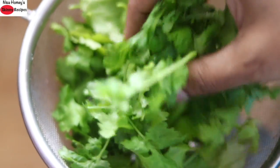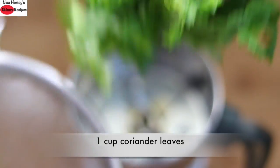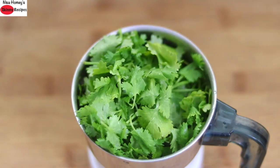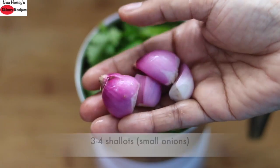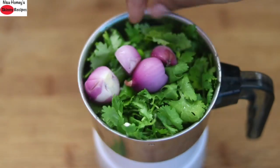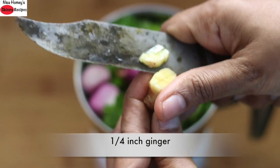To make this special sandwich, I have already washed and rinsed 1 cup of coriander leaves and I'm adding it into my small chutney grinder. Into that I'm adding 1 green chilli which I'm breaking into 2, 3 to 4 shallots. I prefer to use shallots in my recipes because they are rich in iron and folate. A small piece of ginger which I am slicing and adding,